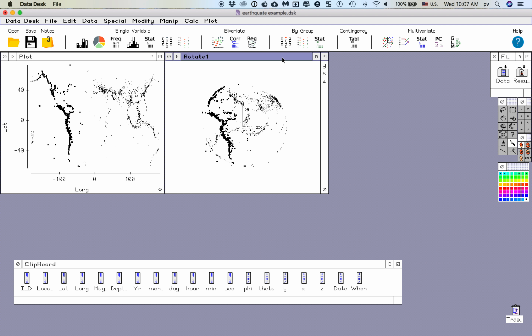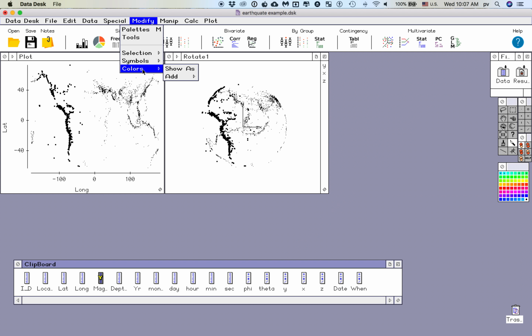Now we can also do things once we have our plots open. We can start using some of Datadesk's features. For example, we could assign colors according to the magnitude of the earthquake. So we'll go down here and select magnitude, and we want to modify the plot with colors, and we'd like to add colors, and generally adding by ranks works a little bit better than adding by linear index. Just gives a little bit greater